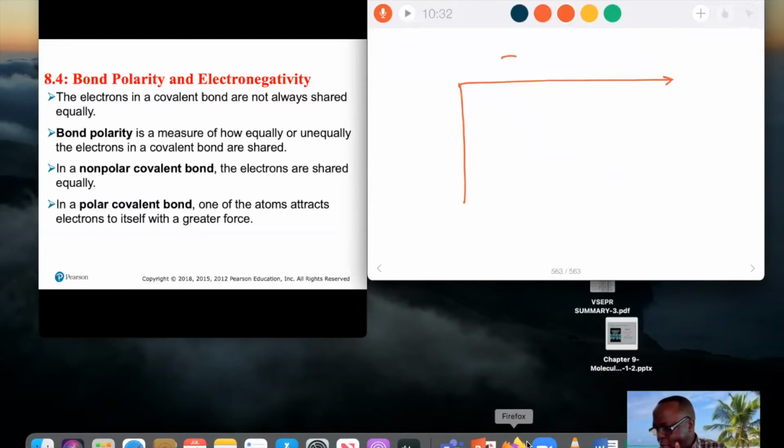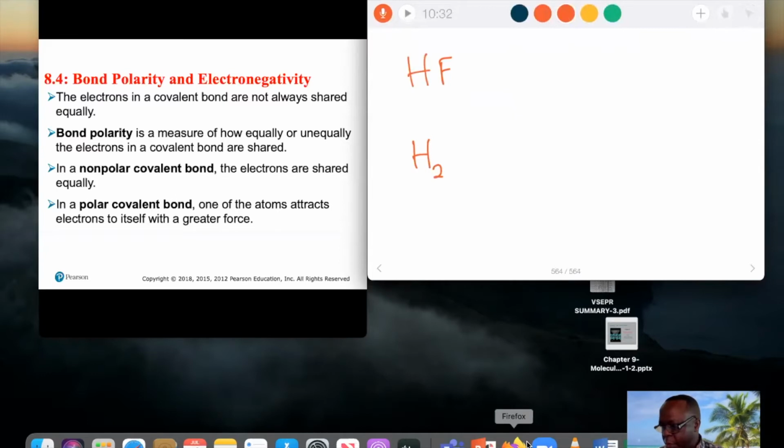It increases as you go from left to right on the periodic table. It decreases as you go down the periodic table. So if I give you two compounds such as hydrogen fluoride and hydrogen gas, even though both of them